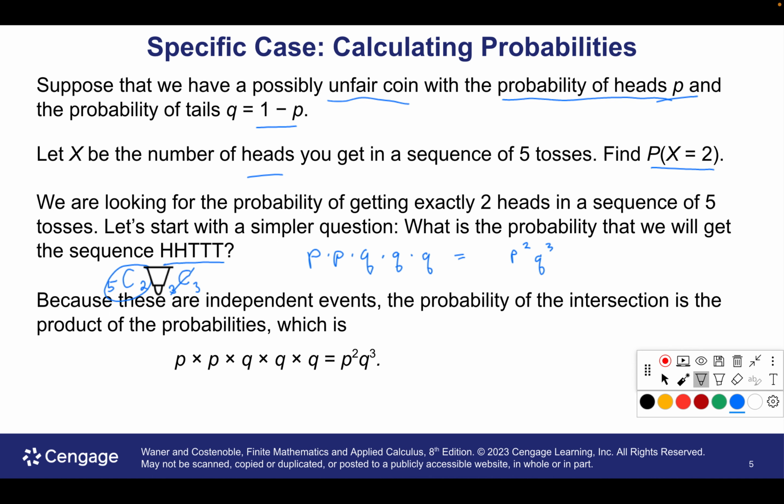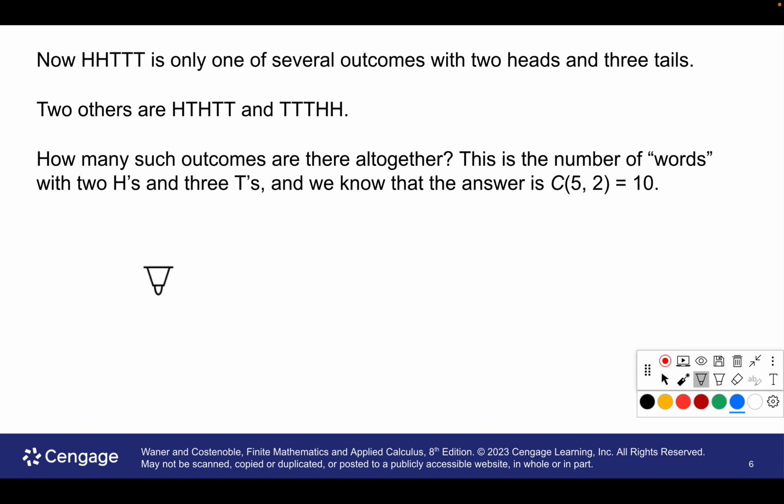And again, look back to the test. We had some words in there. I remember Arkansas was one of the words, and we calculated the number of ways we could rearrange it. So that's kind of what's going on there. And that's what this is going to say. We've really already talked about this. HHTT is only one of several outcomes. There's these. And how many different are there? They're writing it this way. 5 choose 2. I like to do it this way. 5 choose 2. And it's equal to 10.